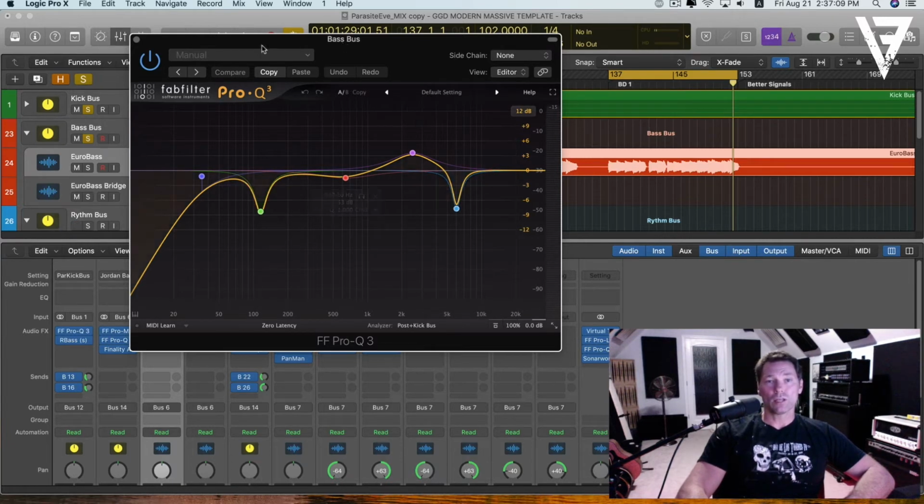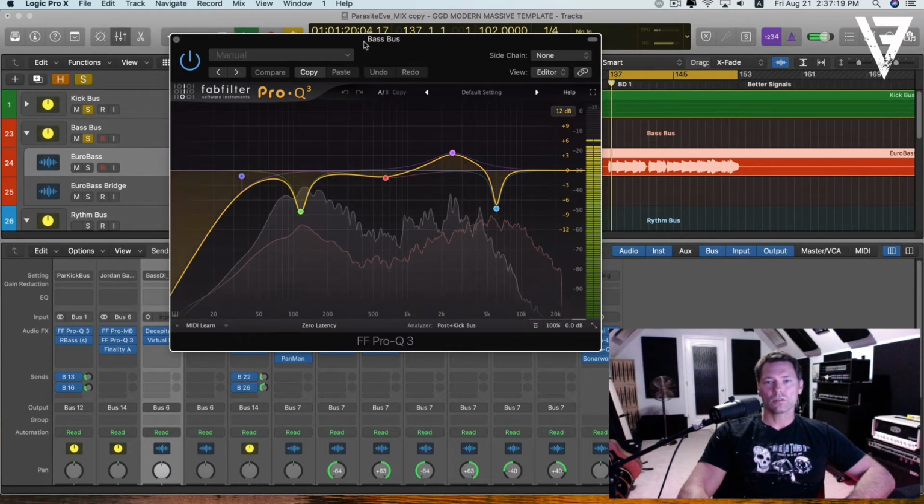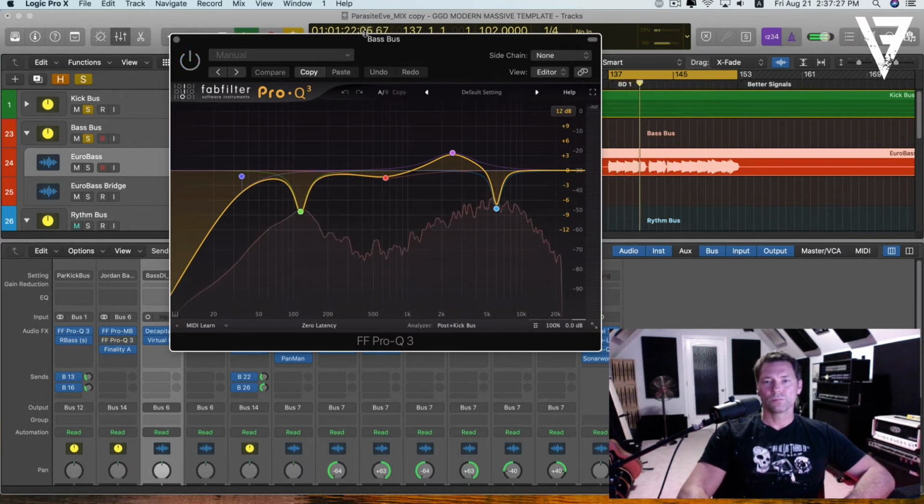And I'll solo that and A/B it so that we can hear the difference that just those cuts make right there. All right, so again, with it engaged. And off. To me, that's drastic. That is huge, especially when you're talking about gluing two instruments together in a mix,